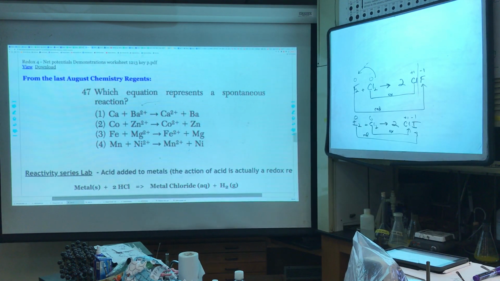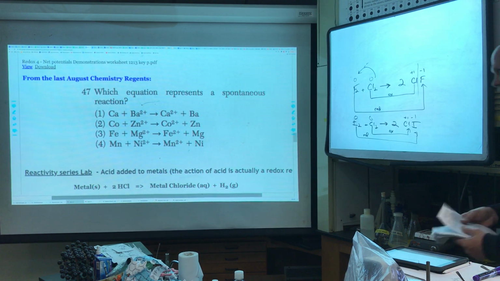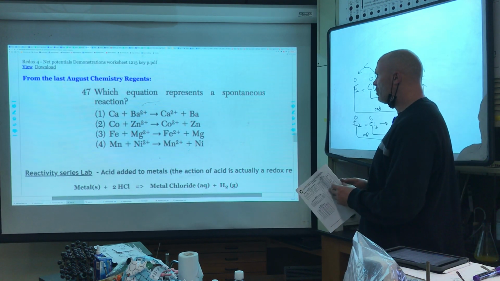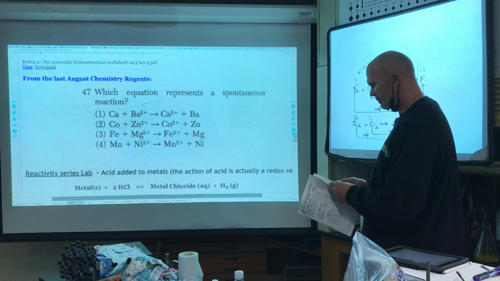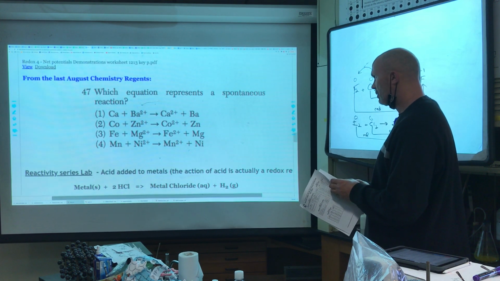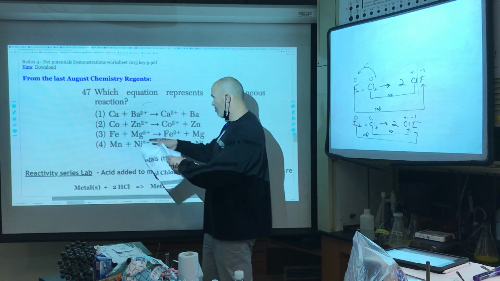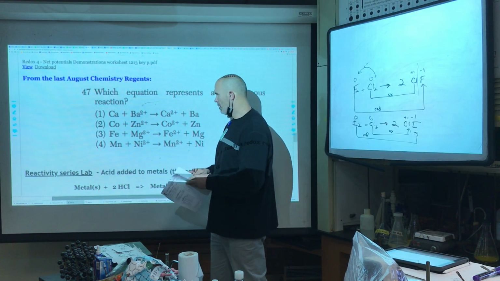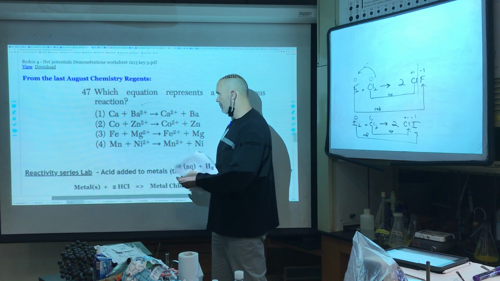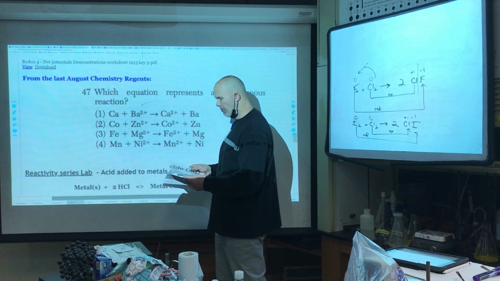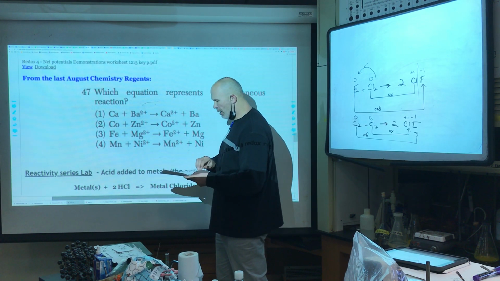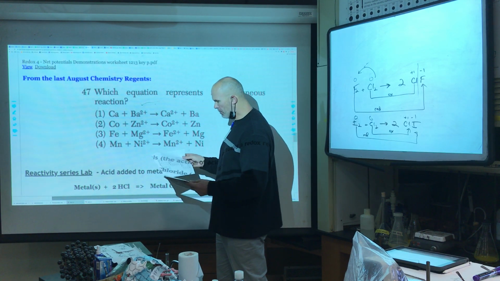So that being said, given silly table J, anyone know who is correct? Well, you know that magnesium's pretty reactive. So zinc is pretty reactive. You might not know that calcium is pretty reactive. And that's okay if you don't know them at the top of your head. But table J,